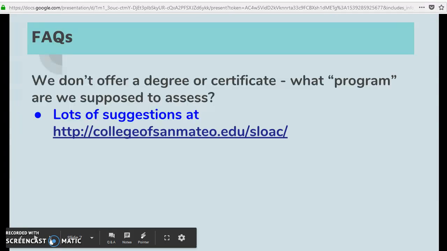Another issue that comes up often is that many of our departments, of our disciplines, don't offer a degree or certificate. Obviously, student services and learning centers don't, but some instructional disciplines don't either. So what is their program? Again, you'll find a lot of suggestions on our webpage. You can think of program really as being an aspect of your discipline, or if you offer sequenced courses, the capstone course, or if there's some